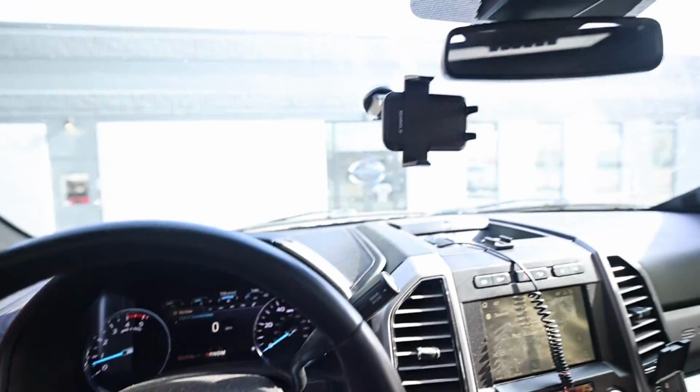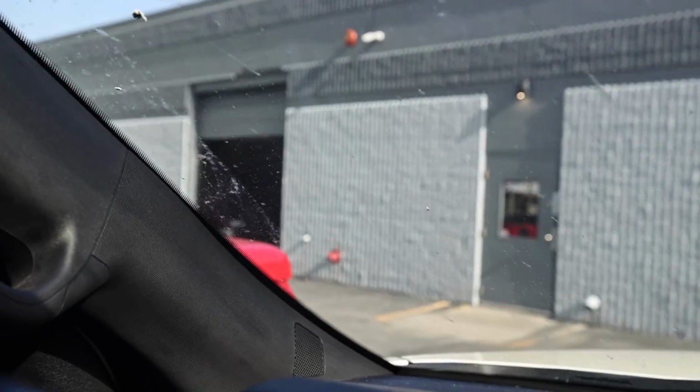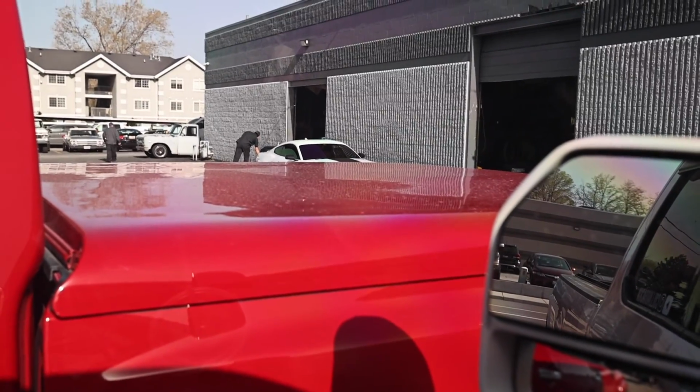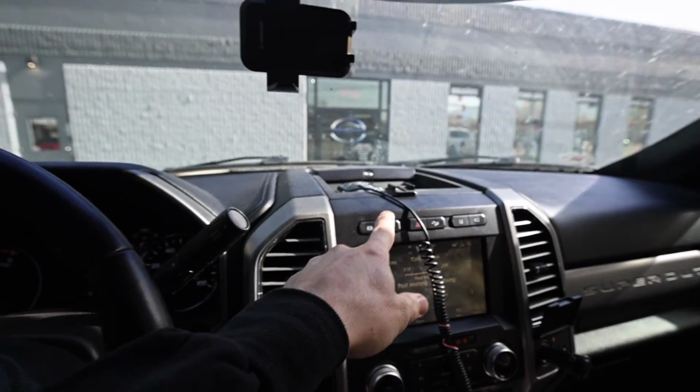Well, ladies and gentlemen, we made it down to Premier Performance, and right behind that open door is a Mustang with a supercharger. And right out front of that door, there's another Mustang. We should check that out as well. But we should go see if the car is done, because it's 10 minutes from when they said it would be ready. So...